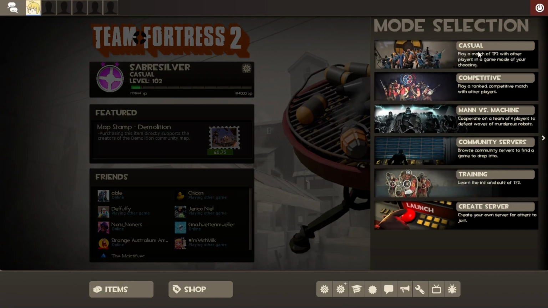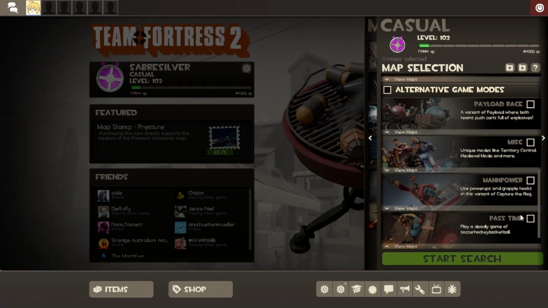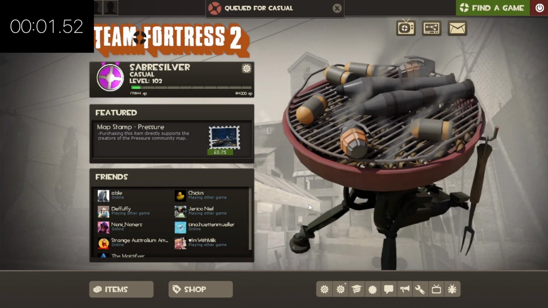So all that's left to do is to queue into a game and check it all out for myself. But I've heard that the queue times are really long, so while I queue myself into a game, I'll have this timer up